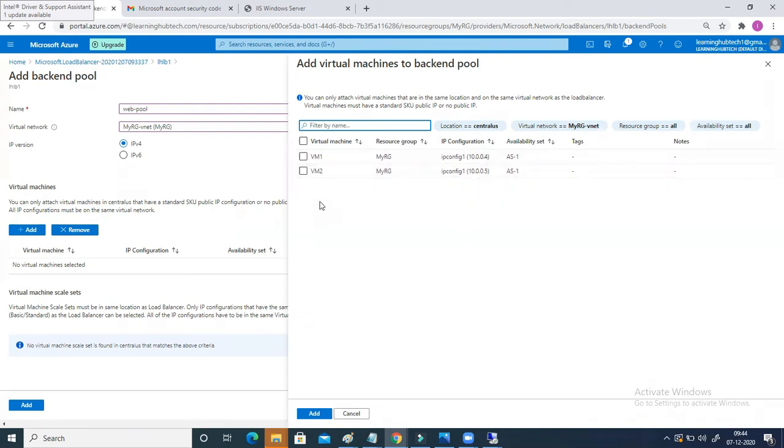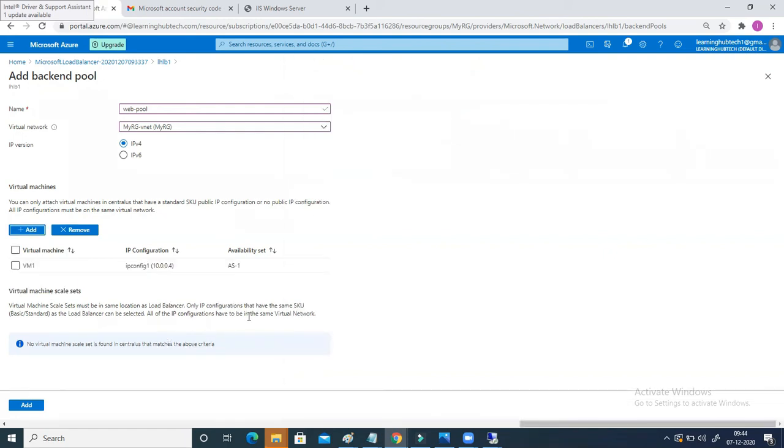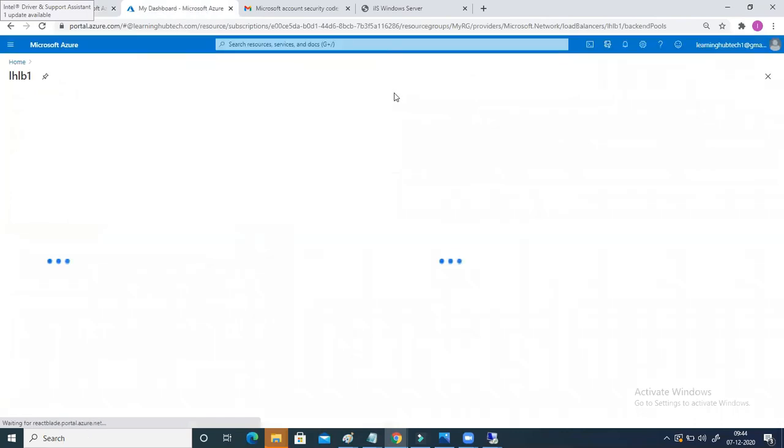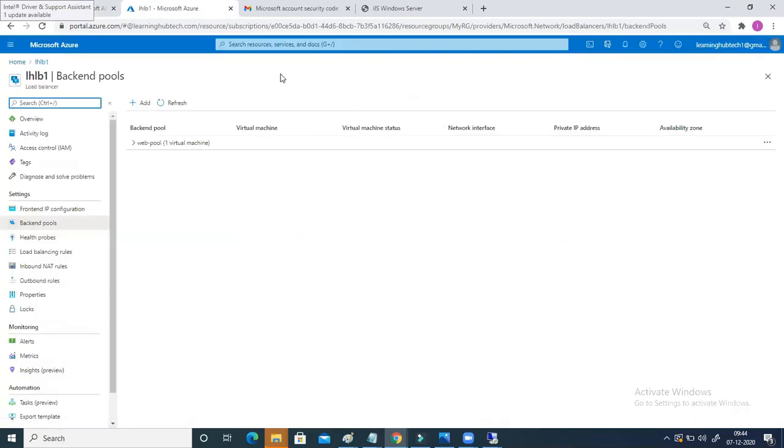So one virtual machine I'm going to add directly from here, VM1. And the second virtual machine I can also add from here, but I want to show you a different way. Okay, VM2. So just click on add and then click on add. So one VM I have added inside my pool.